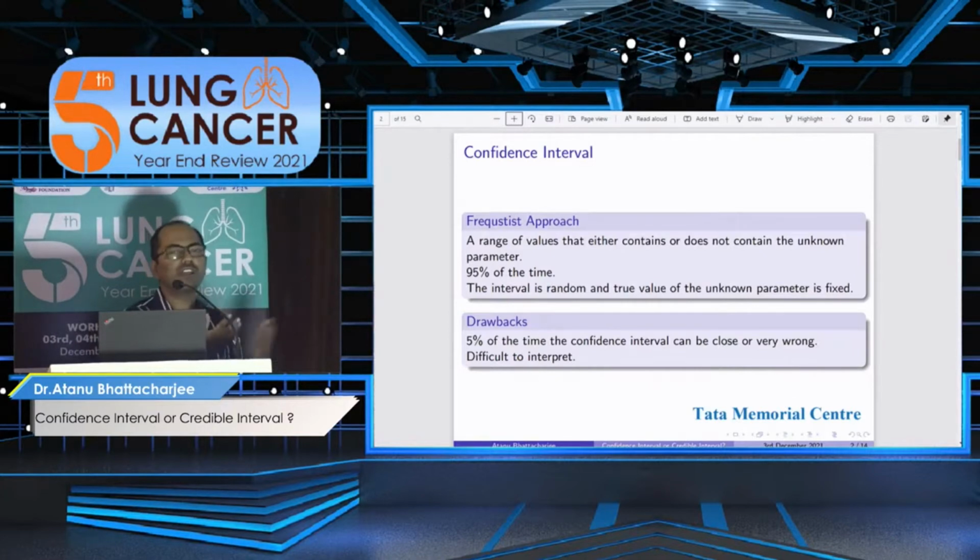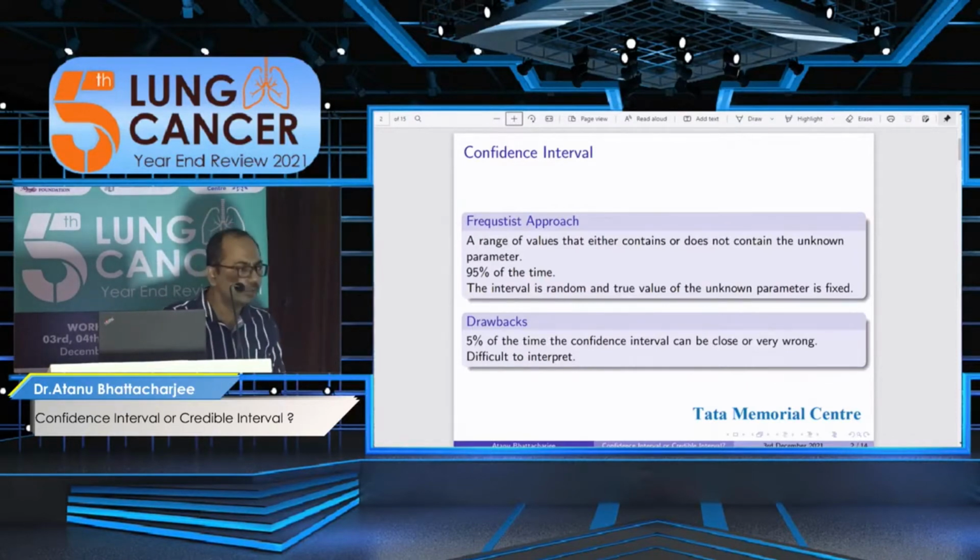And thereafter we are trying to draw conclusions, and say that the 5% confidence interval and whatever the results are there. In the next slide I will come to the meaning of this, how to make the confidence interval, and after that I will go to the credible interval concept. There are some conceptual drawbacks in confidence intervals along with the p-value. Confidence interval and p-value come together. So, there are some conceptual errors, but unfortunately